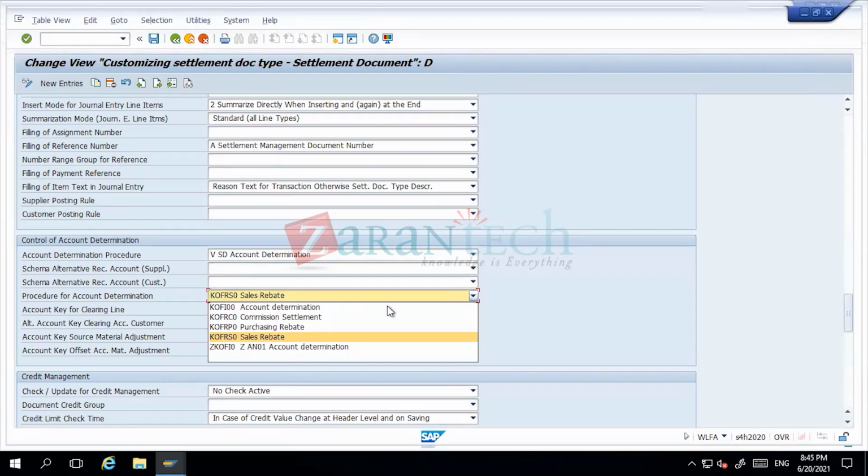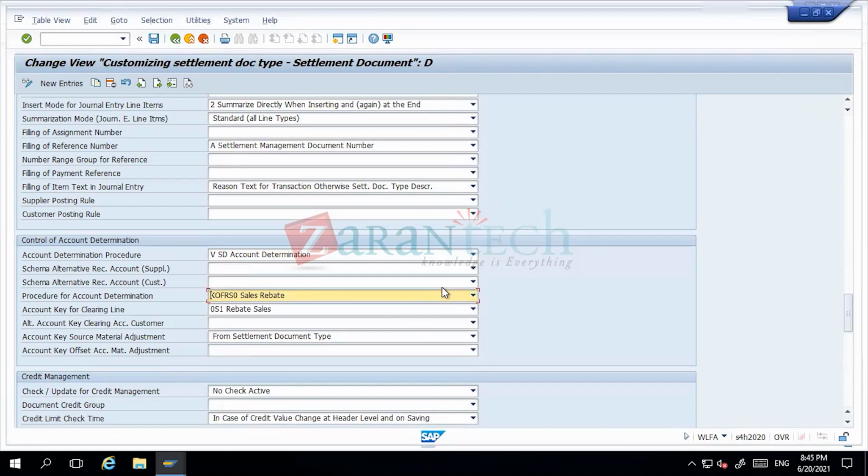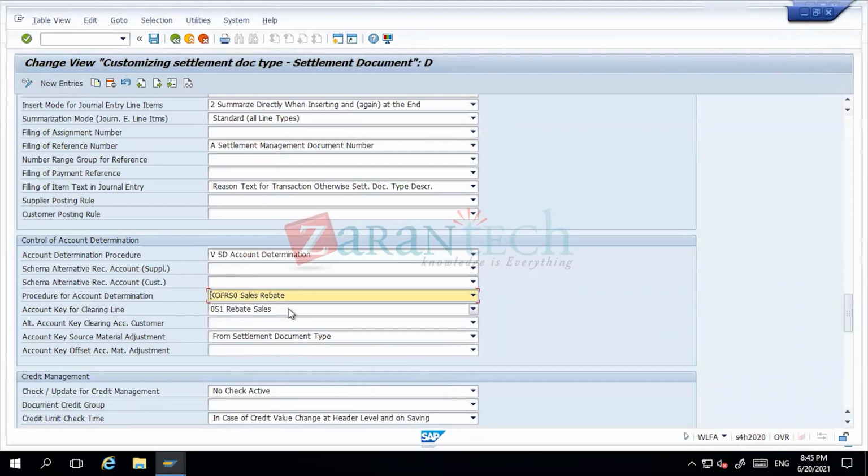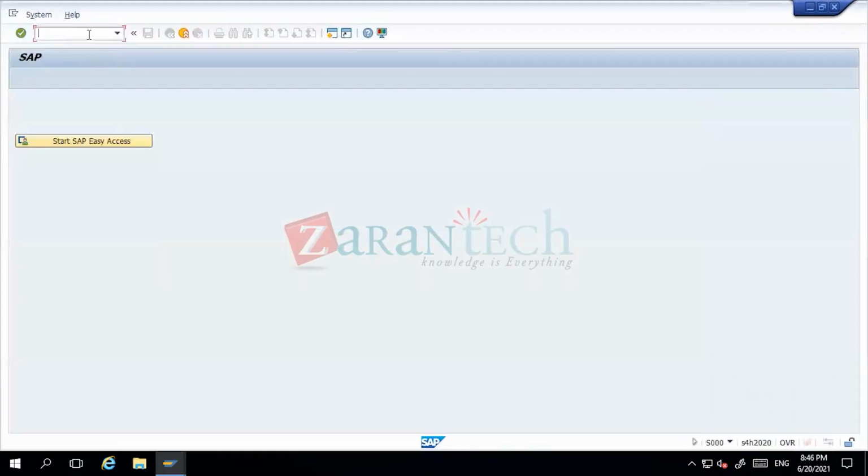This is the account determination procedure, KOFR, the FR is 0. So it's going to hit your account. That's where you have your OS1, which is going to be your rebate sales, right? So when you see this particular account determination,